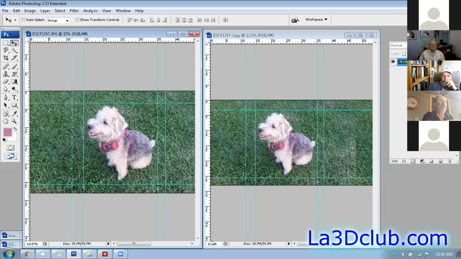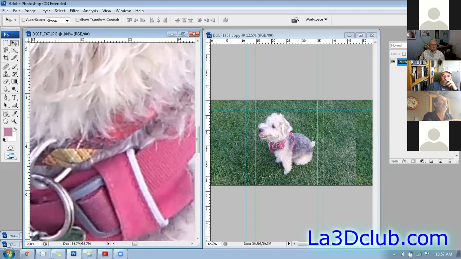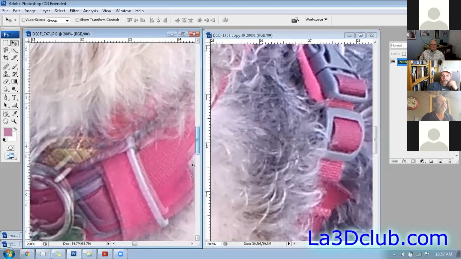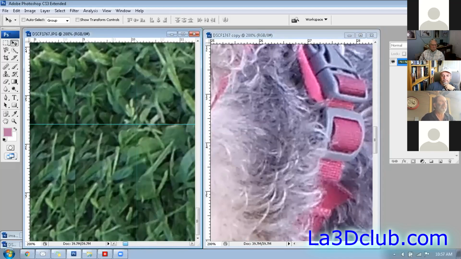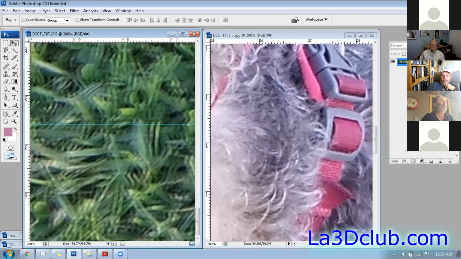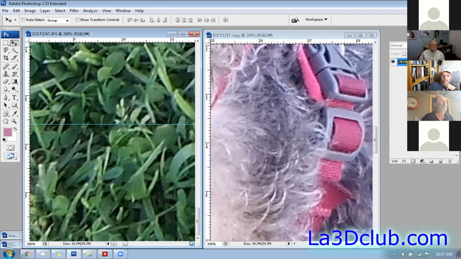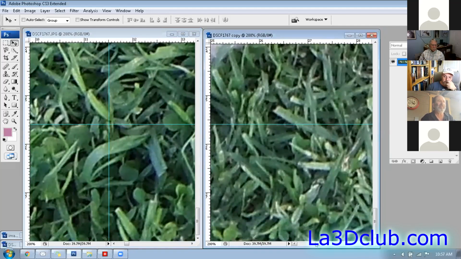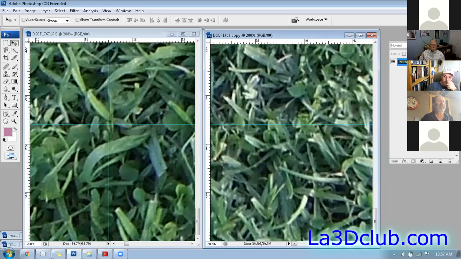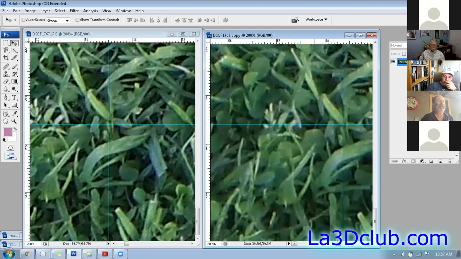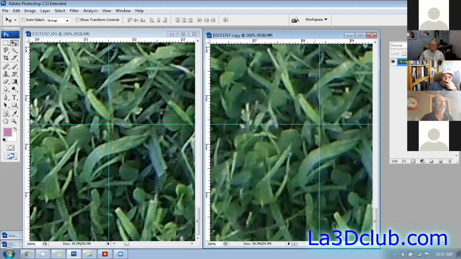Then I'm going to zoom way in to about 200% on both images. Okay. Slide down here and go across to my first. This will be the bottom left. Once I start to see, there's a guideline there. Now I'm going to go to the other side of this image and slide over until I get to that first guideline. Okay, so